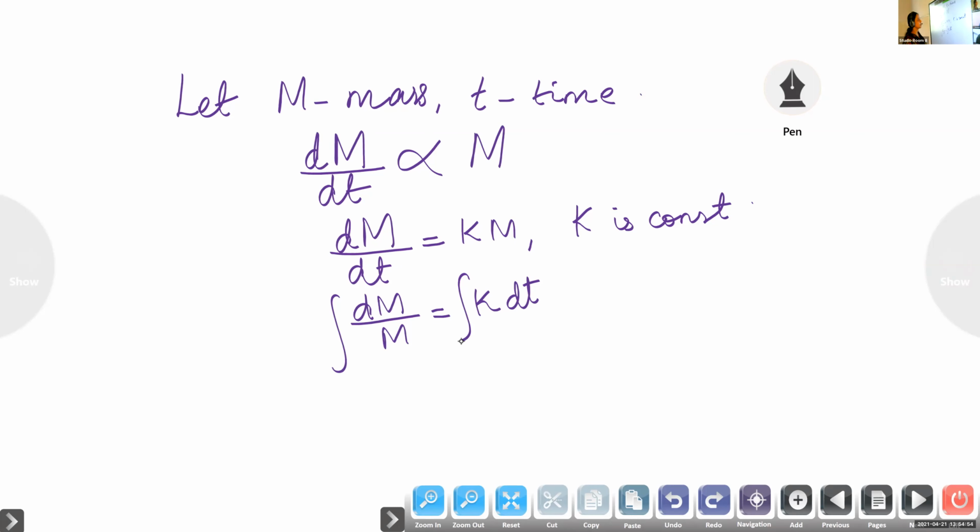One second children, when it is proportional here we are writing minus. Why? It is decreasing, isn't it? Increasing means we will take it as positive. Here it is decreasing, so we should write negative. Read the question. This point is to be noted. The decay rate of radium at any time t is proportional to the mass. Decay means it is getting reduced, so we are taking that as negative. Rate of change is negative. Now integrate and give me the answer.